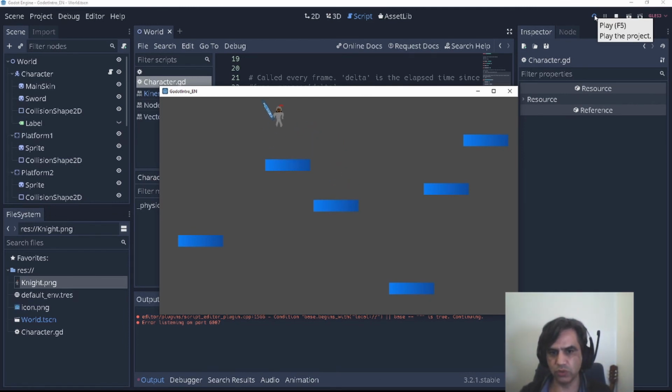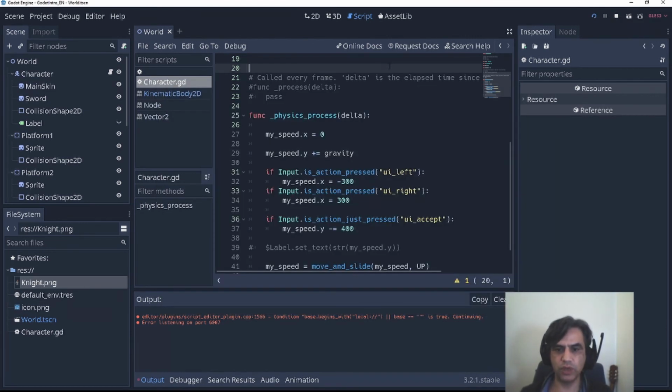If I want it to happen just one time, and there's a bug, I can fly. So if I want to move like this, I keep pressing the key. If I want that to happen just once, you want is action just pressed. Imagine that you are aiming, and when you have the aim, you want to fire when you release the button. That way it's is action just released.